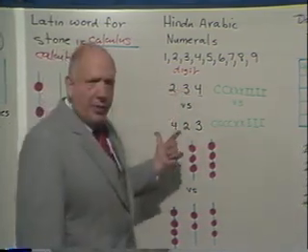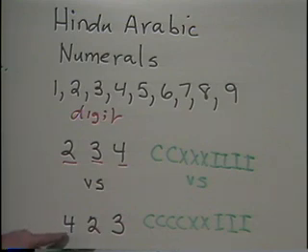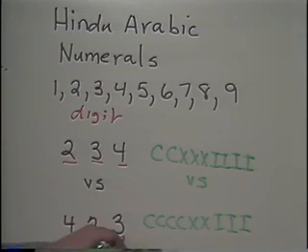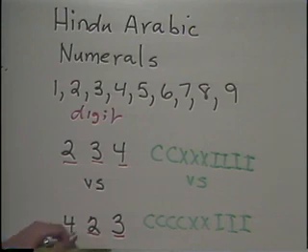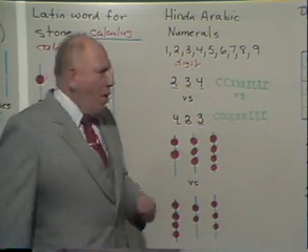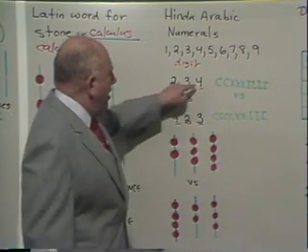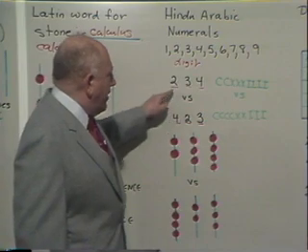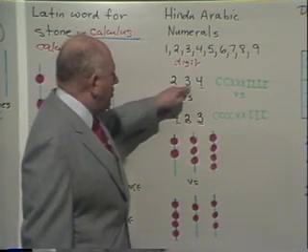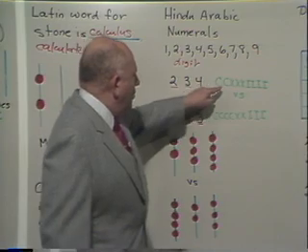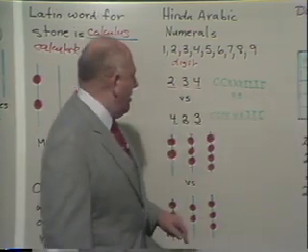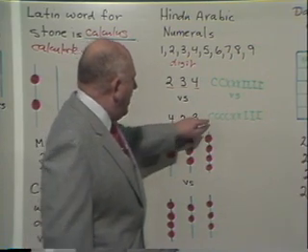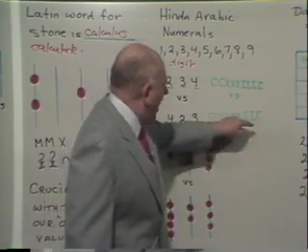Now suppose I scramble the digits, and I change the order to 4, 2, 3. This is now read as 423, because this is the ones digit, the tens, and the hundreds. As long as the nouns are visible, there's no problem. When the nouns become invisible, there are no letters of the alphabet here, there are no lines in the sand here. Here's the thing I want you to see. How would the Roman have written 234? It would have been 2 C's, 3 X's, and 4 I's. And when he wanted to write 423, there would be 4 C's, 2 X's, and 3 I's.